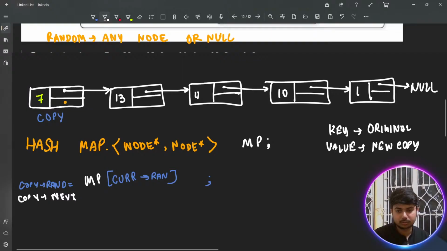नेक्स्ट, वो नथिंग बट वो जो मैप हमने बना के रखा है करेंट, उसका भी नेक्स्ट होगा, ठीक है? और हम लोग करंट और कॉपी दोनों को आगे कर देंगे, ठीक है? ओके,